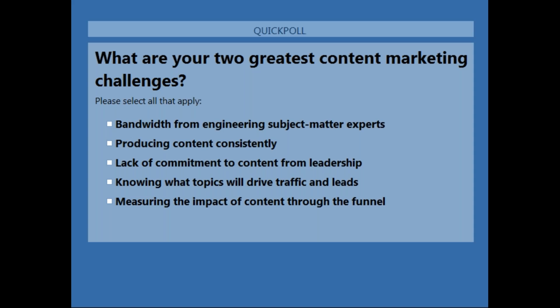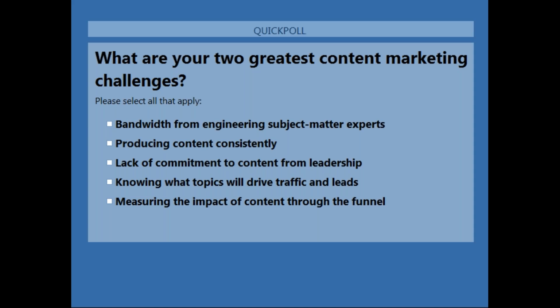I'll tell a quick story while I'm waiting for you guys. On this last one, measuring the impact of content through the funnel, which looks to be in maybe third place right now, we were just looking at Trew. We were looking at this really cool new feature. The marketing automation we use is HubSpot. A lot of our clients use HubSpot. Probably a lot of other marketing automation tools have this too. Now you can actually look at the originating piece of content that drove revenue. Really, really powerful intelligence that you can gather about measuring your content in software. So that's something to keep in mind.